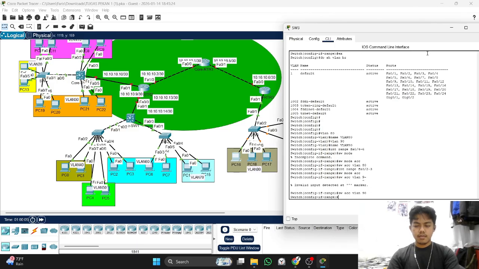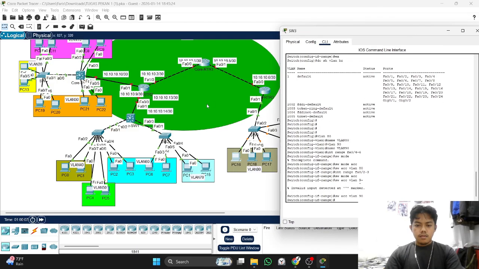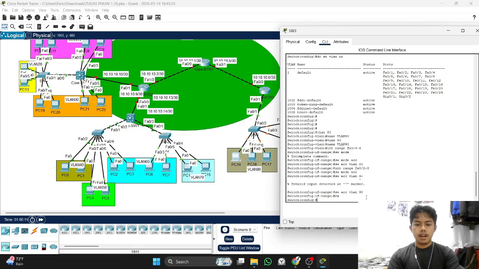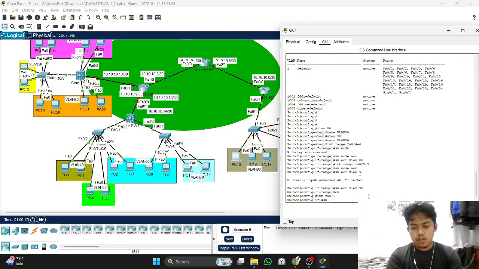Okay, and the last we will configure the trunk. Go to the interface FA1, switchport mode trunk.